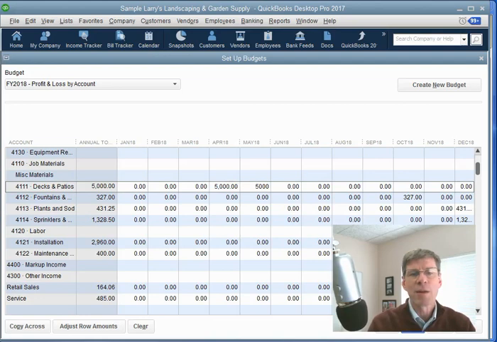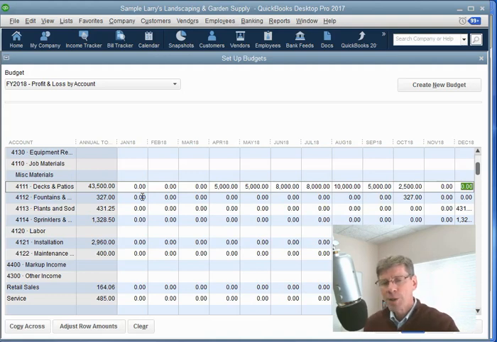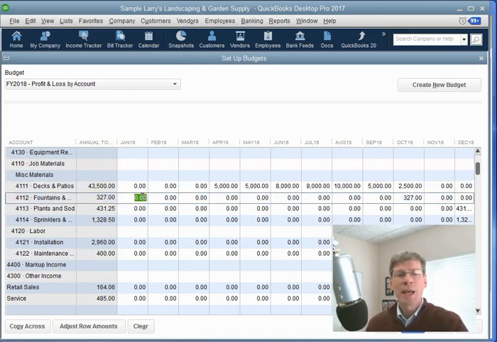May, $5,000. In June, we're going to go up to about $8,000. July, $8,000. August, we're going to have $10,000. And then we start bringing it back down again for a little bit for the fall. October is going to be about $2,500, and nothing in November and December. Now you'll notice that I'm still highlighted in December. When I hit the tab key one more time, it bounces me right to January for the next